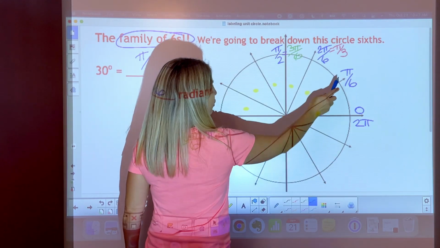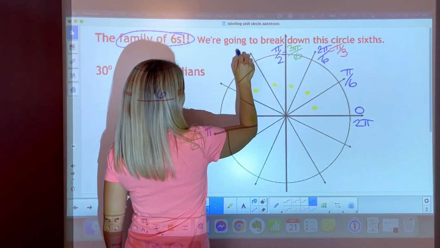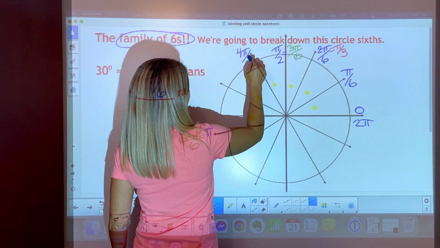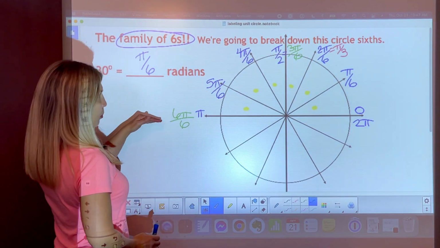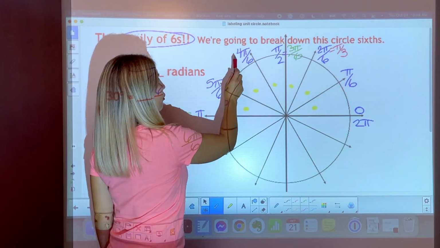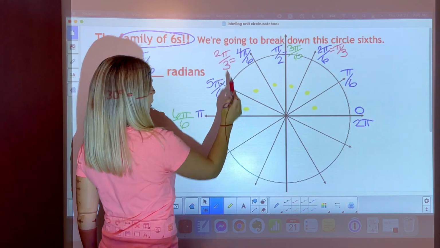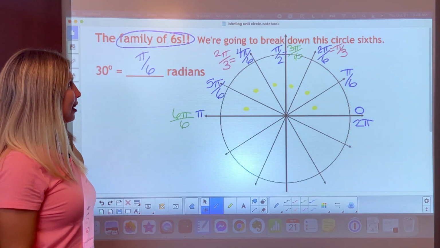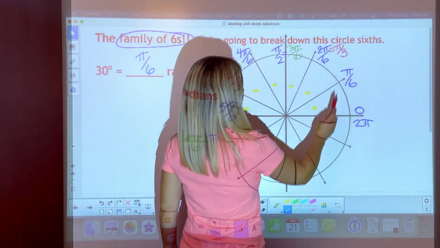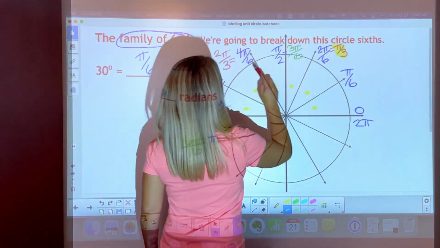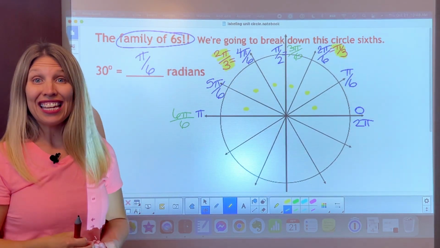So let's start again. 1 pi over 6, 2 pi over 6, 3 pi over 6, 4 pi over 6, and 5 pi over 6, 6 pi over 6, right? And notice that 4 pi over 6 will reduce down to 2 pi over 3. So what you're going to notice is that we're going to have the pi over 3 family